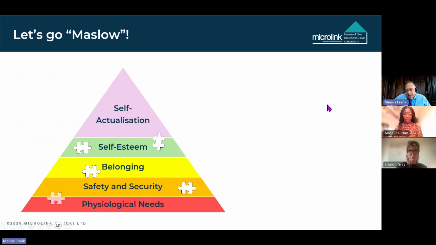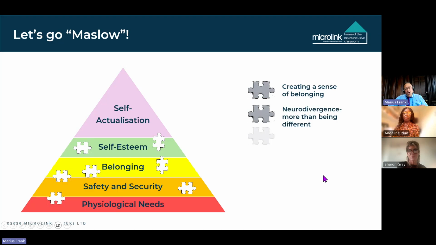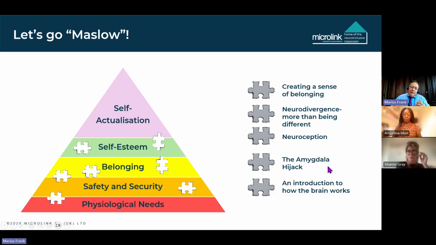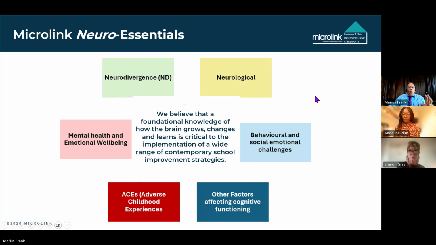But it really struck me there are some neuro fundamentals that are, if you like, missing pieces. If we get those missing pieces right, then teachers will have those firm foundations from which they can build out their understanding of hidden disability, their understanding of neurodivergence. So we decided that if we created some resources which helped to develop a foundational knowledge of how the brain grows, changes, and learns, then maybe, just maybe, a critical component